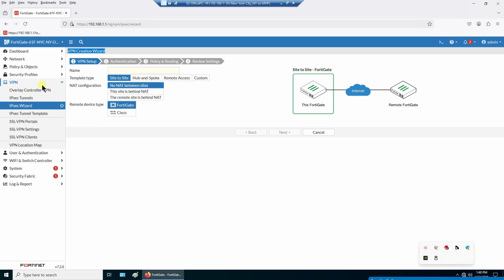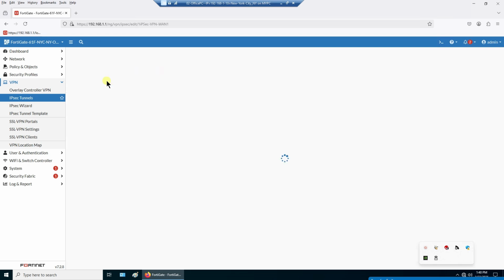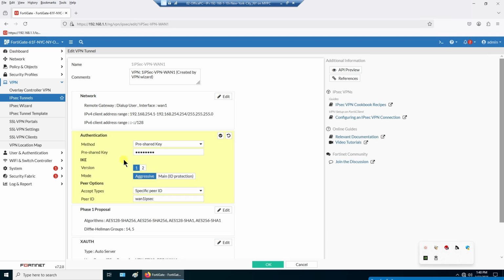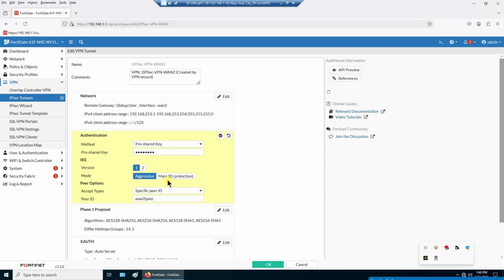and it creates tunnel with not custom, it's like FortiGate tunnel, but for some reason you have to add for each tunnel additional parameter, specific peer ID. I set for IPsec 1 tunnel specific peer ID, this is specific string for IPsec 1, and for IPsec 2 I add some string for IPsec 2. It's like bindings,